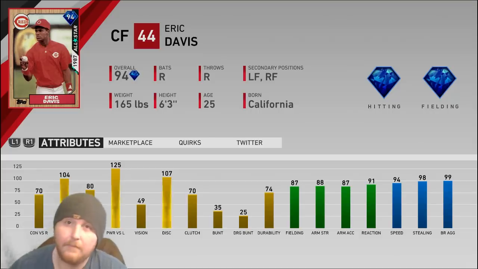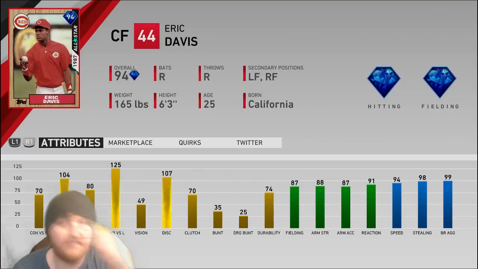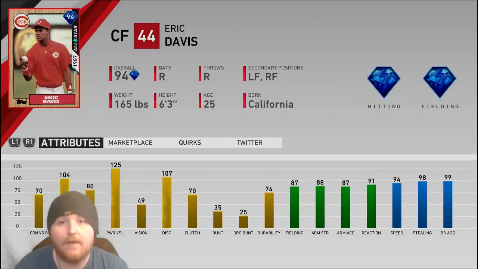Bonus review time, guys. This isn't a signature card, but this was just released into the Battle Royale rewards pack, and I really like this card. I have to admit, I don't think he's going to play at the higher levels. I really don't. 49 vision is brutal. He's going to have a brutally small PCI, especially against righties, where he only has 70 contact and 80 power to go with it. I don't think that this guy is going to be super viable at the upper levels,